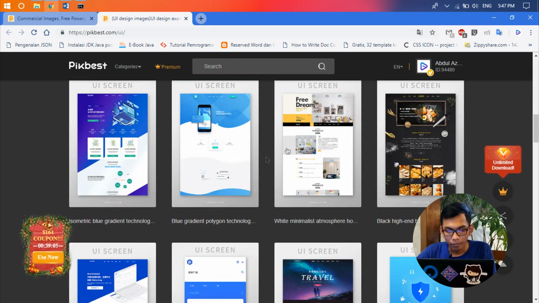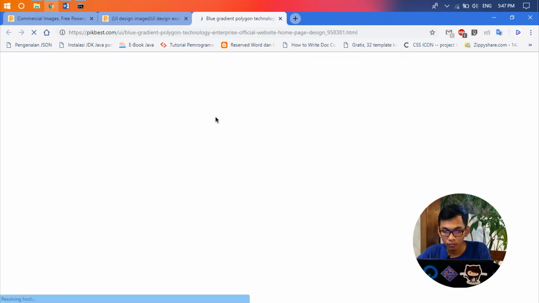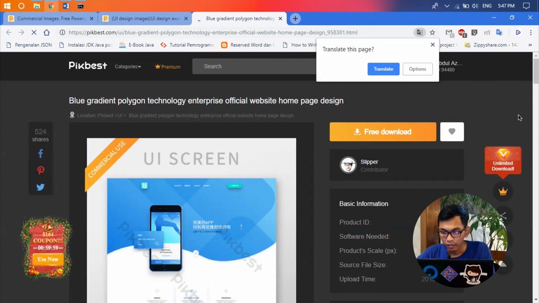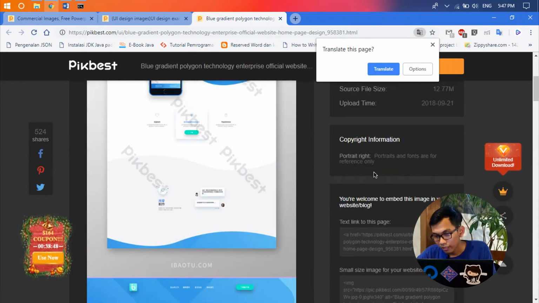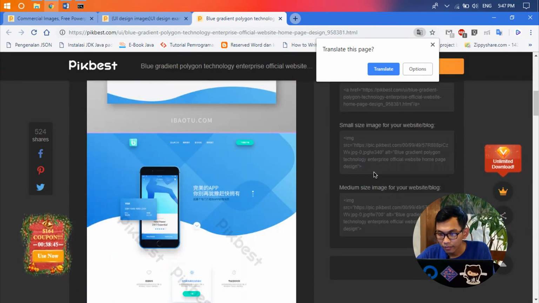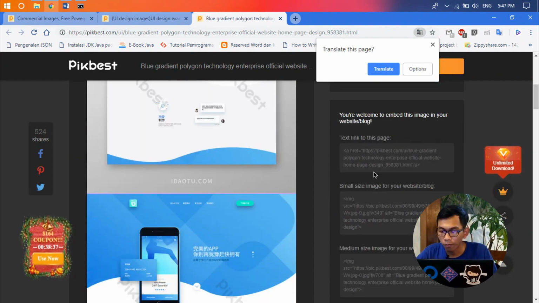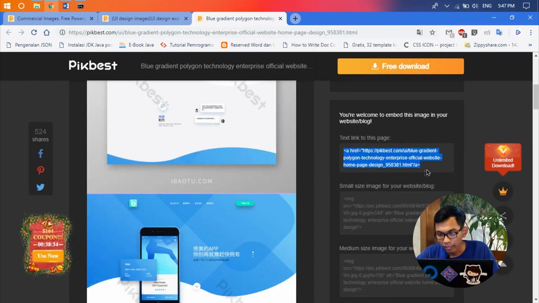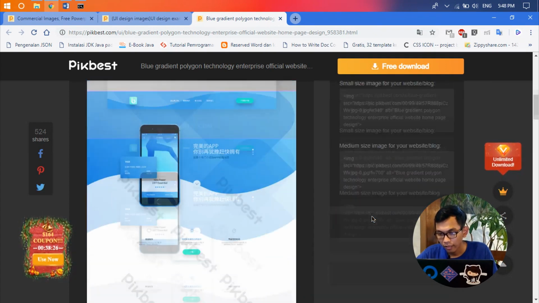Okay, maybe I choose this template. And then we can see on the right side, you are welcome to embed this image in your website or blog. We can copy this, and then a small size image for your website. We can copy this,